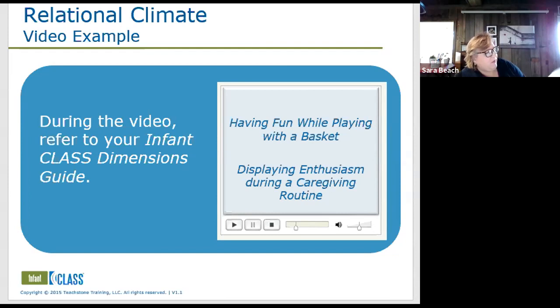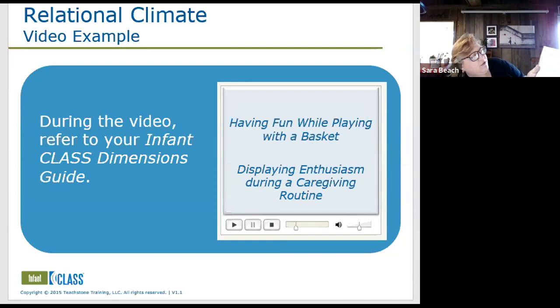And using respectful language. If we want to know what they mean by respectful language, we can go to the description of the respectful indicator. The description is going to be on page 21, and they go into much more depth about each of these indicators when you go to the high level description. So if you really want to know what they're looking for when it's done well, go to the high description page. For this dimension, it happens to be on page 21, and it's the third paragraph.